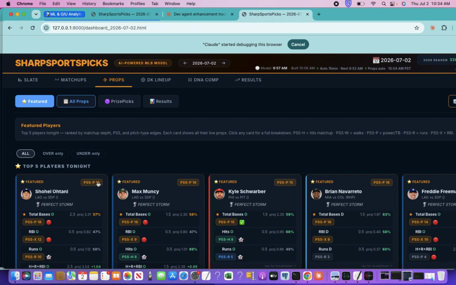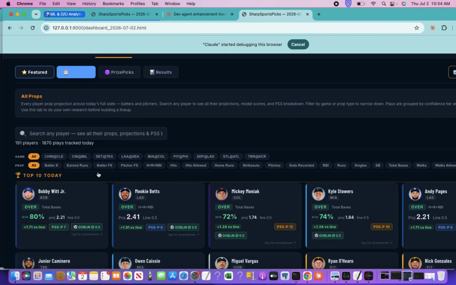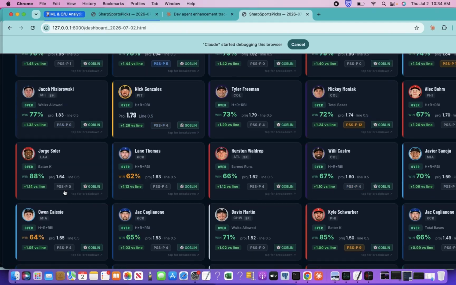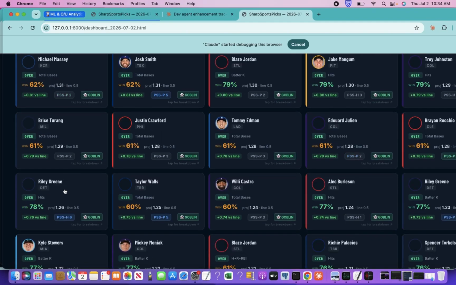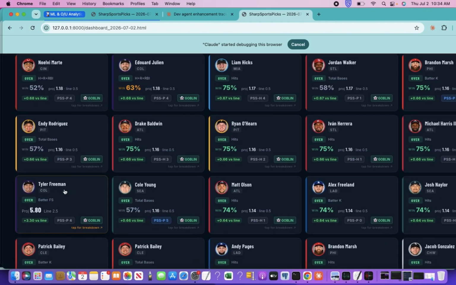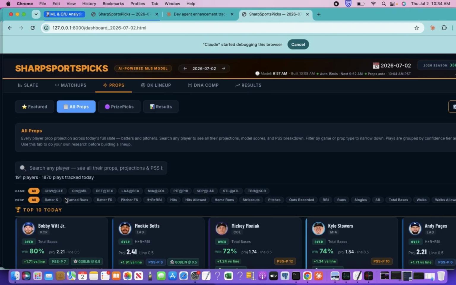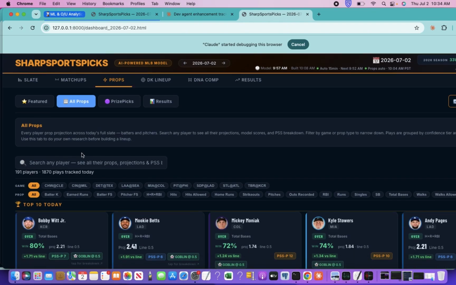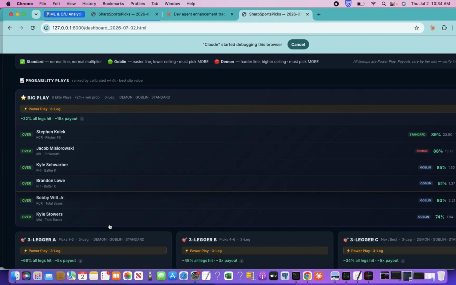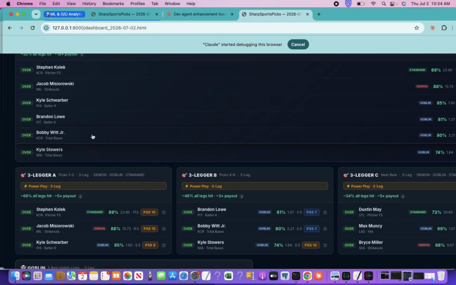Let's see. We just got all our props, which will show our top 10 plays and then every single play from the day. And that's a lot. It's like 3,000, so it takes a while, but not really. It's all automated, so it's got a good workflow to it. And we got our PrizePicks where we'll give out slips.